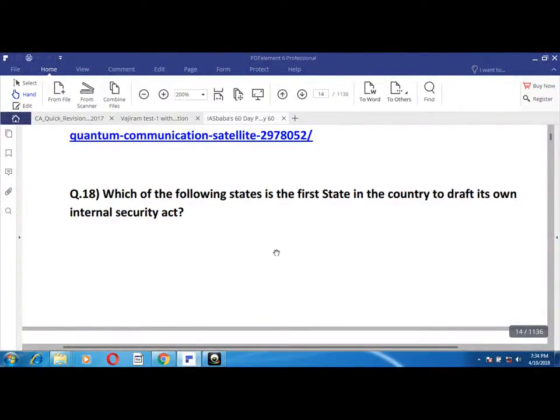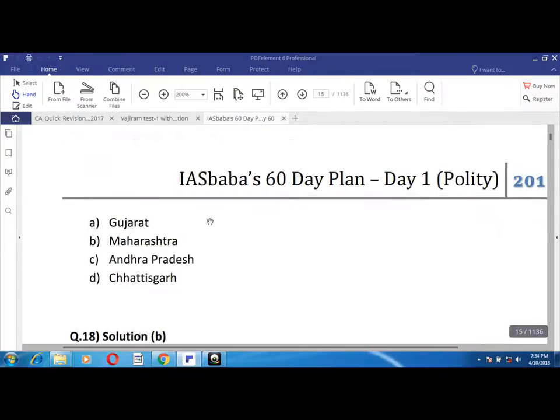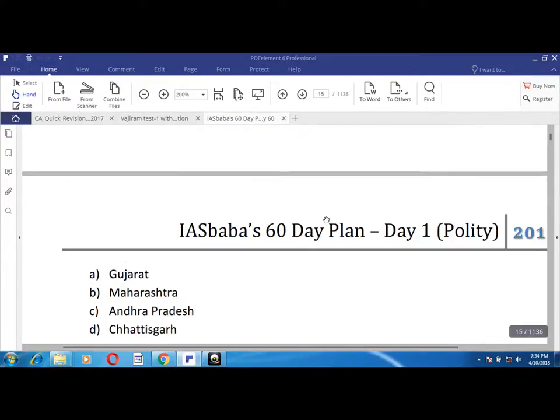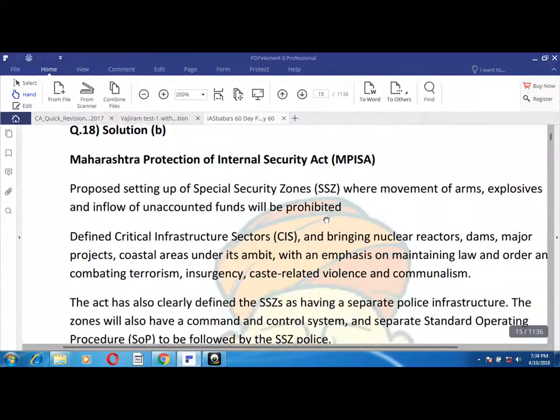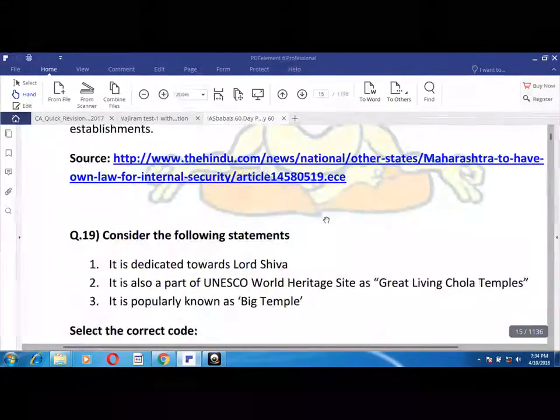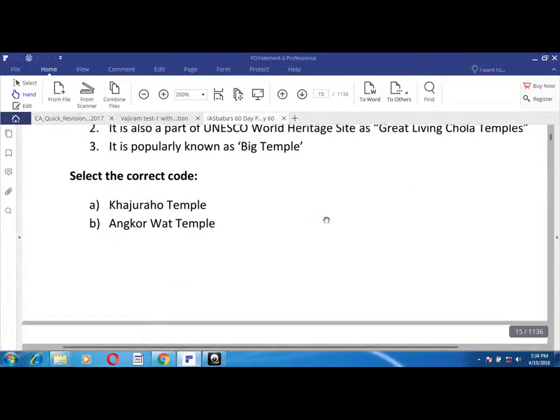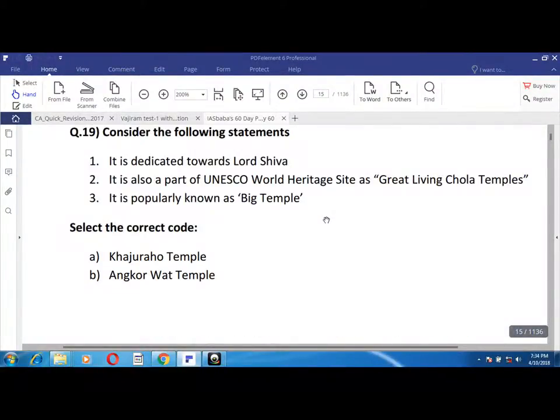So, consider the following states. Which is the first state in the country to draft its own internal security act? It is Maharashtra, which drafted its own internal security act. Consider the following statements. Correct is